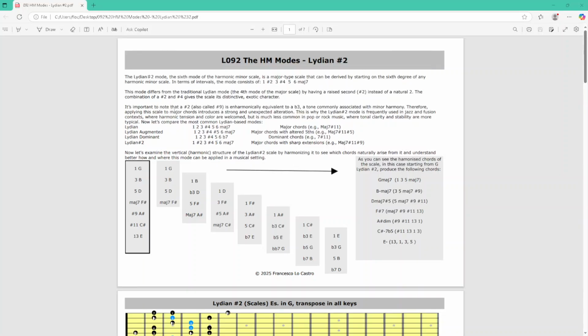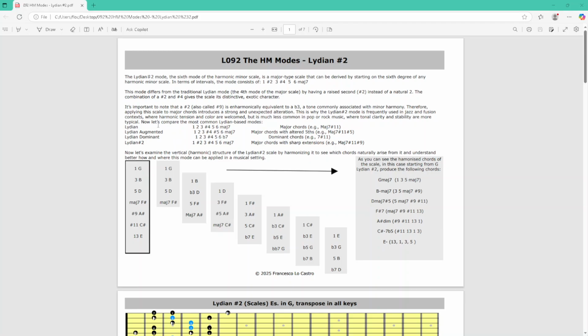It's important to note that the sharp 2, also called the sharp 9, is enharmonically equivalent to a flat 3, a tone commonly associated with minor harmony. Therefore, applying this scale to a major chord introduces a strong and unexpected alteration. This is why the Lydian sharp 2 mode is frequently used in jazz and fusion contexts, where harmonic tensions and colors are welcome, but is much less common in pop and rock music, where total clarity and stability are